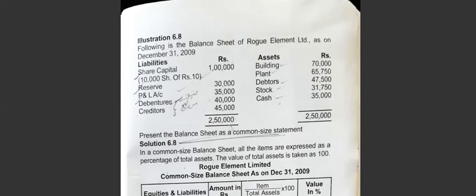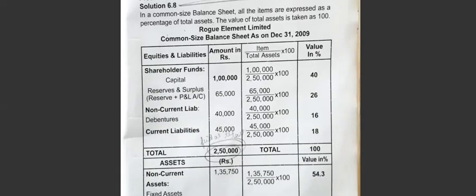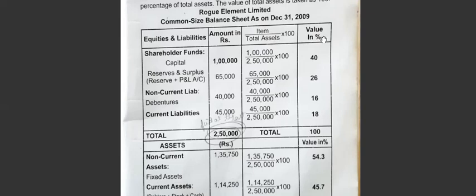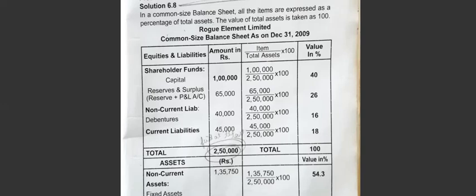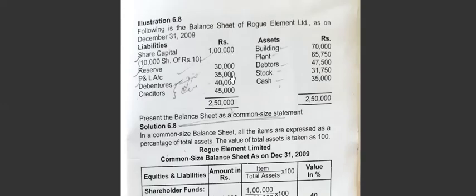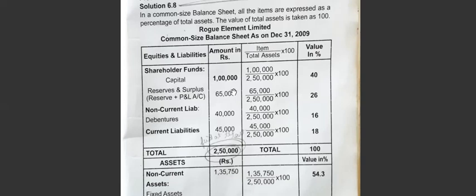I'll tell you how to calculate. See here, the calculation goes like this. The name of the company, then common size. Then first you have to begin with the shareholders fund. In shareholders fund, you have capital, reserves and profit and loss account together, it is added here, or you can do it separately also. Here if you add also it's okay. So reserves and profit and loss account added. Capital, see whatever the capital given in the problem. If you check the balance sheet, capital 1 lakh, reserves 30 and profit and loss 35, total is 65,000. And now you will write 1 lakh here.